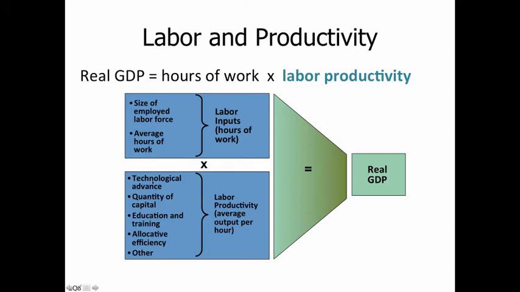Well, that in turn is a function of different components. How technologically advanced the economy is. The quantity of capital, so how many machines do we have at our disposal? Workers can be more productive with more machinery at their disposal. Education and training, how educated is the workforce, is a component of their productivity. More educated workers should be more productive. The allocative efficiency, so how efficiently are we allocating our resources? And there are other factors too, but these are the four main ones that really drive